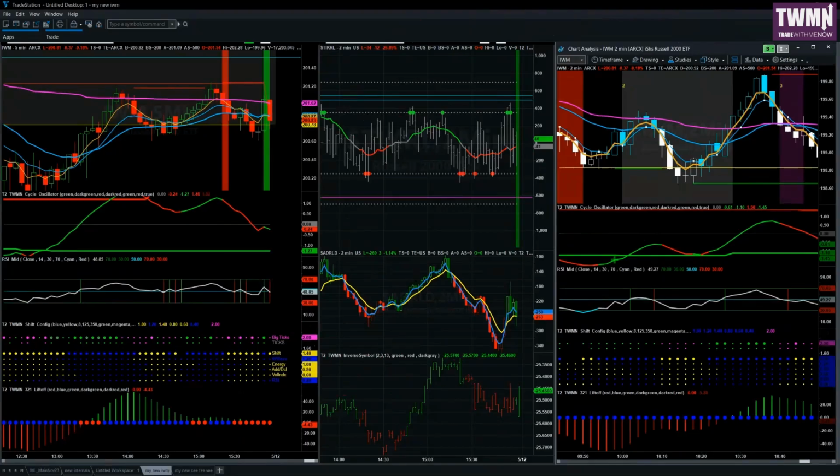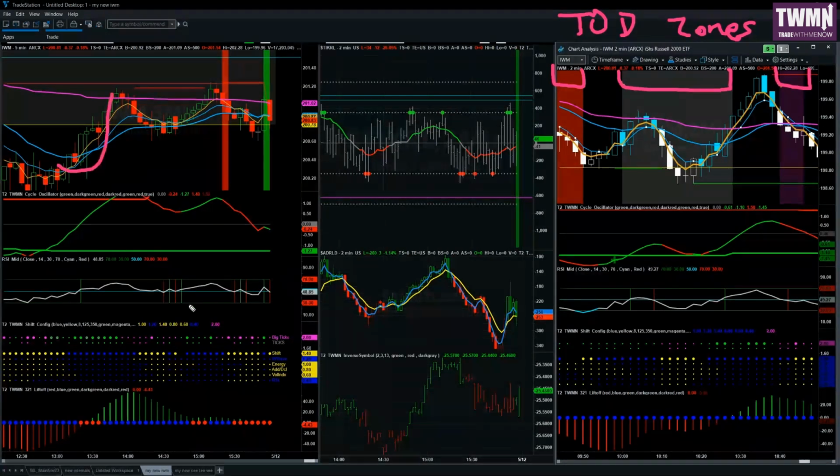One of the things that we have with the Convert the Vert workspace are these shaded or colored zones on your chart. These are called time of day zones. So we've identified, as part of this CTV program, moments in time during the day when the market tends to shift. One of them is 1:15 in the afternoon,